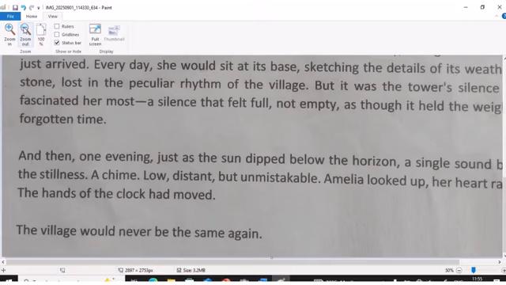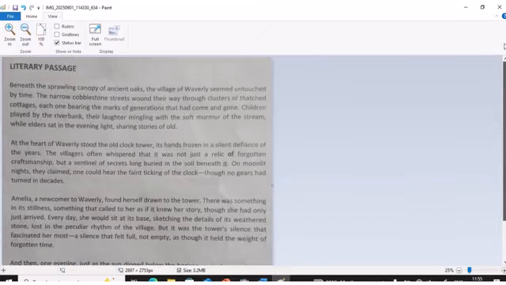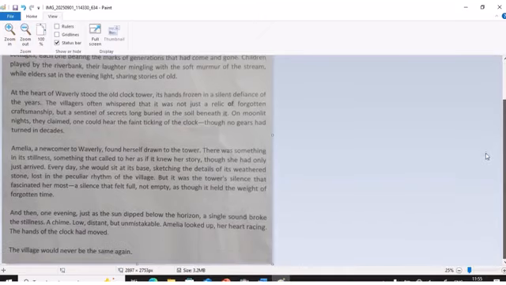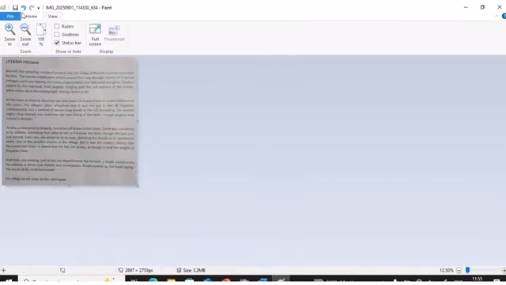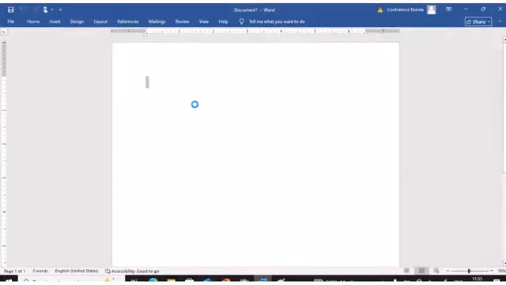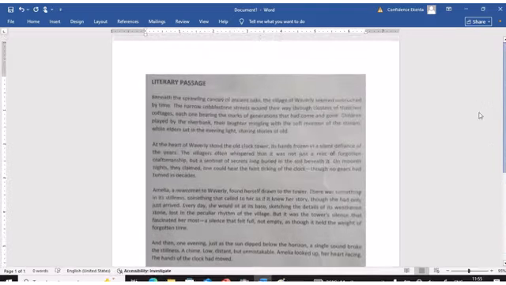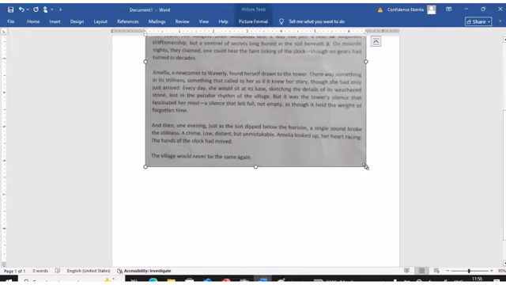So let's zoom out and see exactly what we have done. We have succeeded in removing all the dots and also the lines that were here. So we are going to go ahead to click on select and select everything, copy, then head to Microsoft Word and paste it there. We have pasted it here in Microsoft Word. So if you want to increase it, you can then drag,